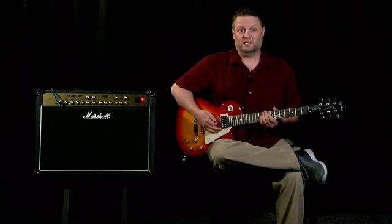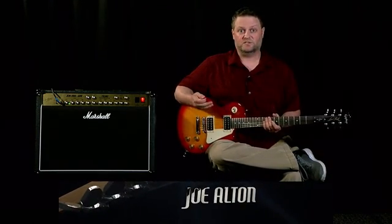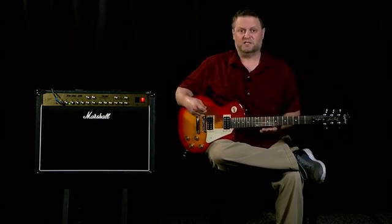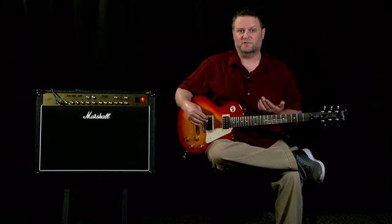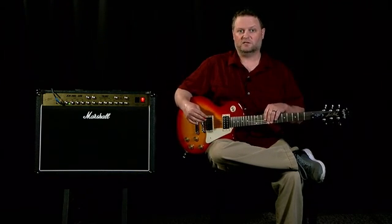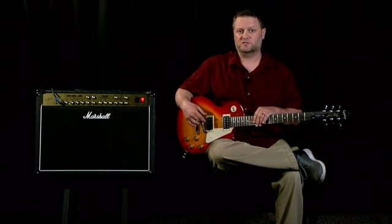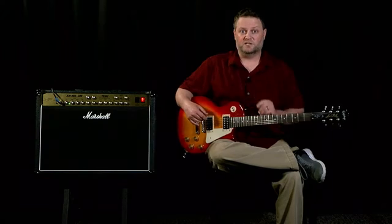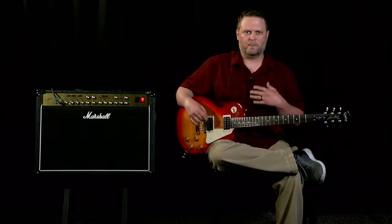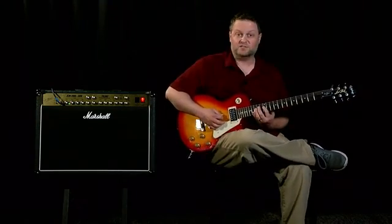And now it's time for our lick of the week. And this week, I've chosen one of the licks that Ed King uses in the solo to the song Sweet Home Alabama. Now, he does a lot of stuff in this solo, most of it major pentatonic stuff. And again, if you're really into Southern rock lead playing, or if you're just looking for an intro to lead playing at all, I recommend you look up this solo in its entirety. But he does one lick that sort of stands out in my mind as the peak of the solo. And that is coming up here to the 12th fret,